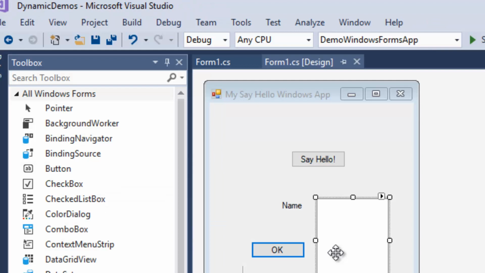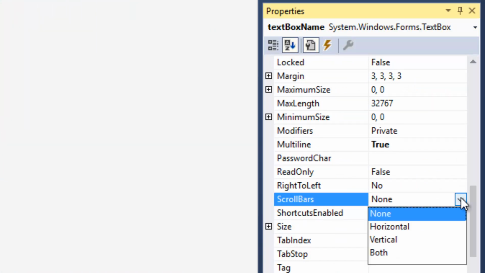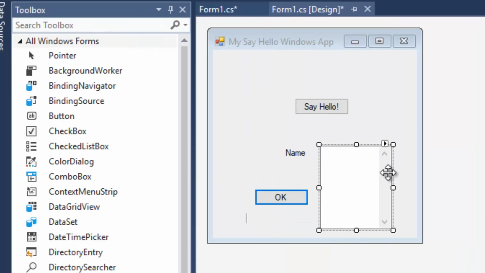And now let's take a look at another property associated with the text box that didn't have a lot of meaning before, and that is scroll bars. As you can see, we can set scroll bars to none, which is the default, horizontal, vertical, or both. So I'm going to set it to both, and as you can see, there's a vertical scroll bar. If I run the code again,